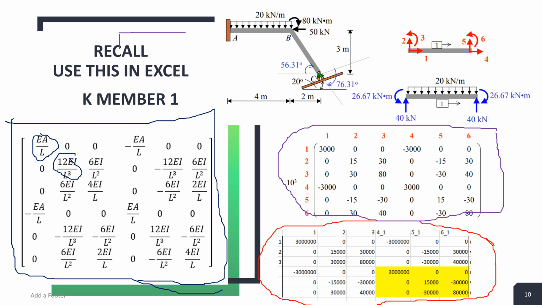So if you isolate member one, that would be the vertical force, horizontal force, and of course there will be a moment there, and then there will be another vertical force there, horizontal force there, and of course a moment. And when you add the load, then you calculate the